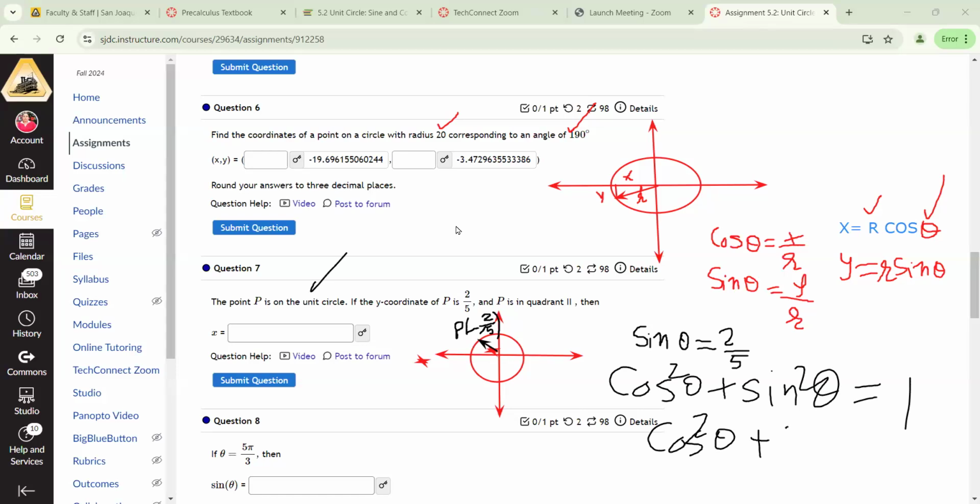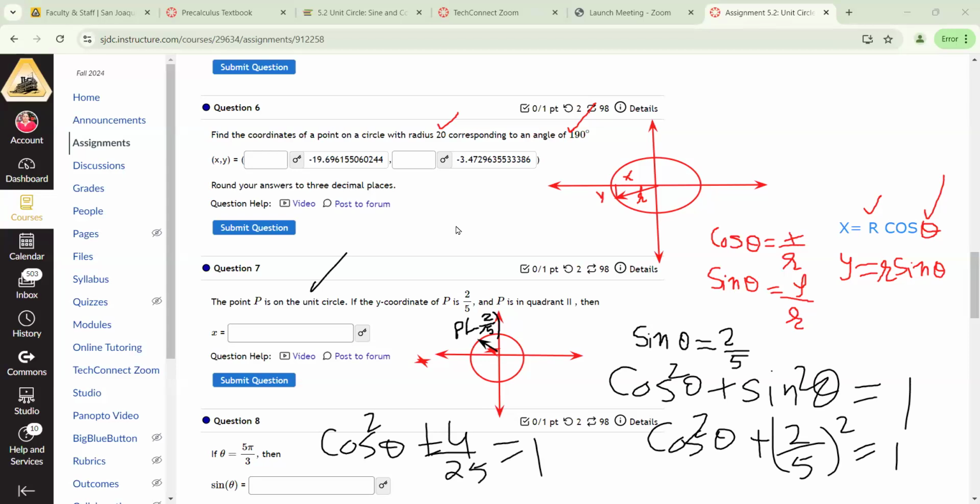Sine square theta is (2/5) squared. So cos square theta plus 4/25 equals 1. Moving 4/25 to the right side gives cos square theta is equal to 1 minus 4/25,